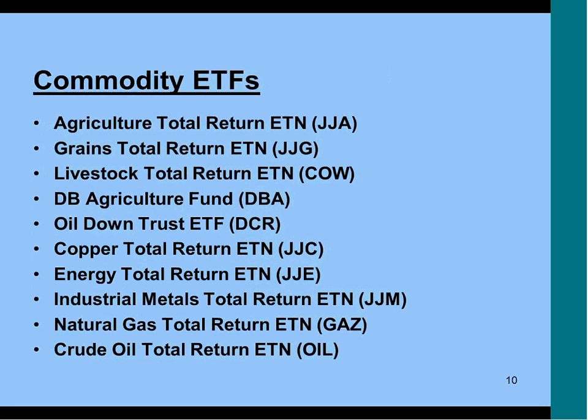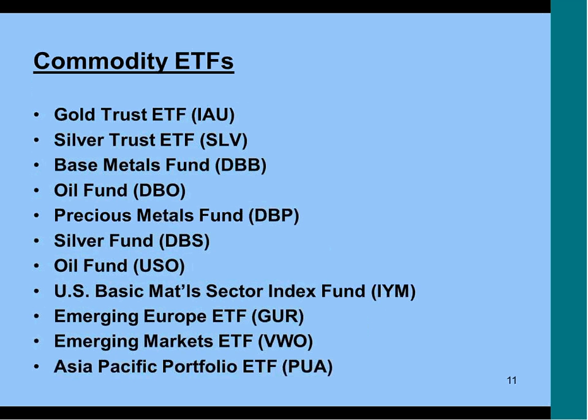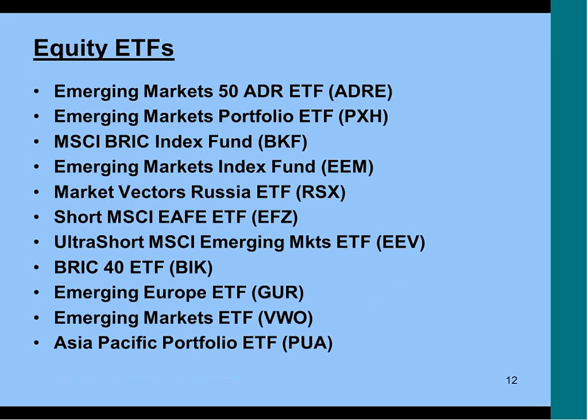Here's some examples of commodity ETFs: agricultural, grains, livestock, oil, copper, energy, gold, silver, base metals. And here's some examples of equity ETFs that hold baskets of stocks. Some examples of that would be the emerging markets, the BRIC index, emerging market index fund, Market Vectors Russia,